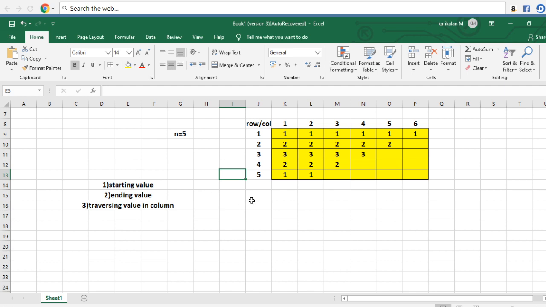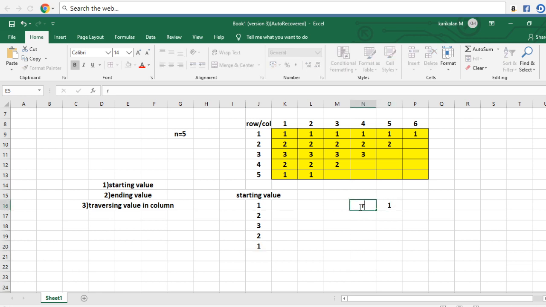First, we are going to find the starting value of the pattern. So the starting value is the first thing we take care of. Here, the starting value takes 1, then 2, then 3, then 4, then 5. Then the ending value is normally 1 if the row is equal to 1.